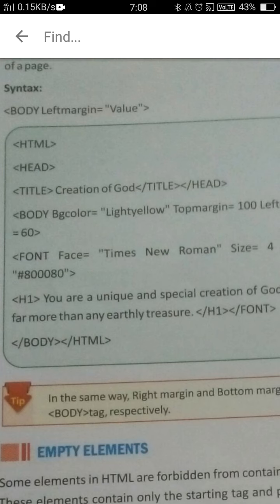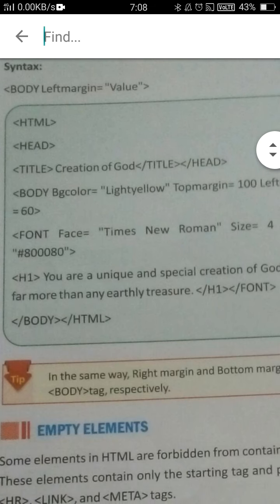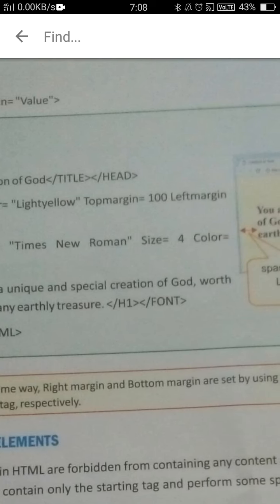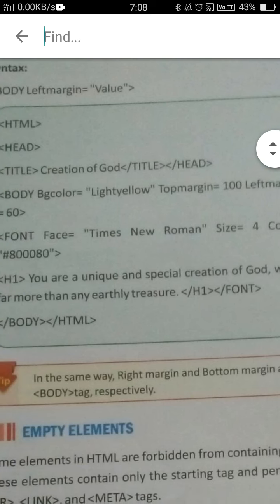In short, it will be clear to you when you do linking. Leave it, no matter, it may not be clear to you because you don't know about links yet. When we do the concept of linking, at that time it will be clearer. So in this program our purpose is top margin and left margin. If you have any problem in the top margin or left margin, you can WhatsApp me.